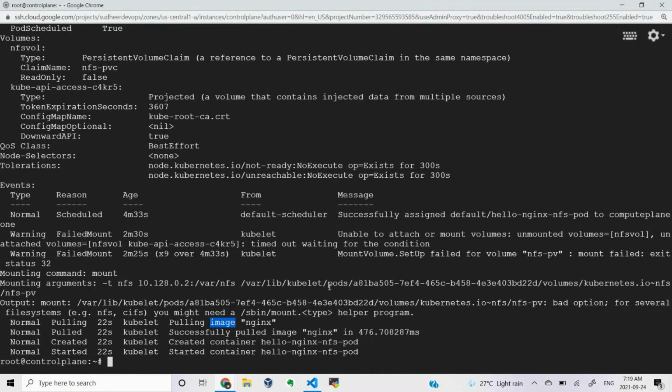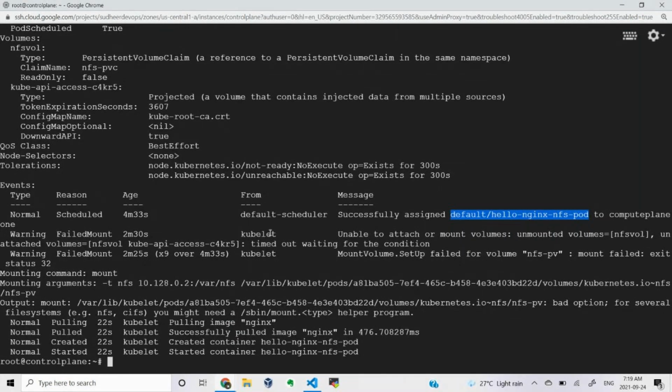Once a decision has been made by the scheduler that it has to launch on that particular node, the first thing it will do is try to do a mounting. It knows the pod ID and everything, so it will try to mount that particular directory to the NFS. That directory will be utilized by the container in the pod to save the data. This is how it happens actually.